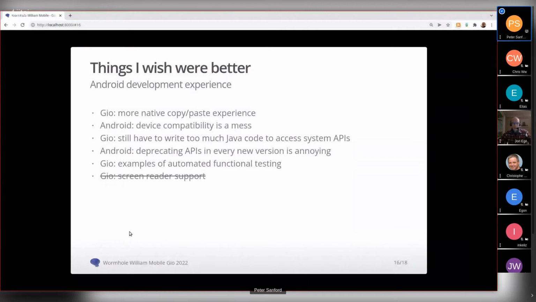On the Android side of things, supporting devices is just as bad as people say it is. It's really surprising how the same APIs behave differently on different systems, and permissions behave differently just between manufacturers, like on the same OS release.